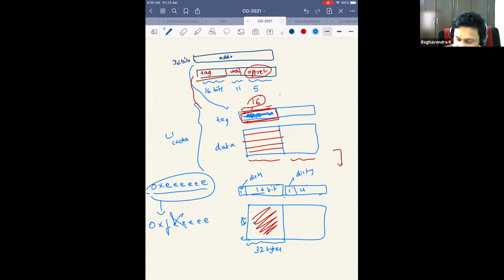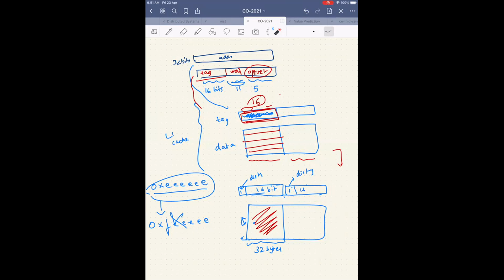Okay. Now, how does the system work? I will use the index bits to come to a particular set. Let's say it's a fully associative cache. I come to this set, and I use the 16 bits to search in this particular location and this particular location. I will not use the dirty bit because the dirty bit is not part of the address. So I will use the 16 bits to search here and here. If it is a hit, then I will use the offset bits to read. But if the block is removed, let's say this block was removed, and if this dirty bit is 1, then I will write this to the cache. If the dirty bit is 0, I will not write it to the cache. Is this okay? Yes, sir.